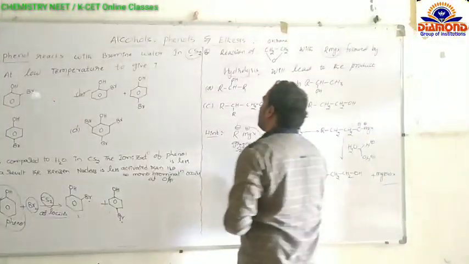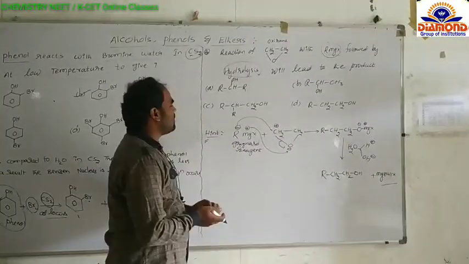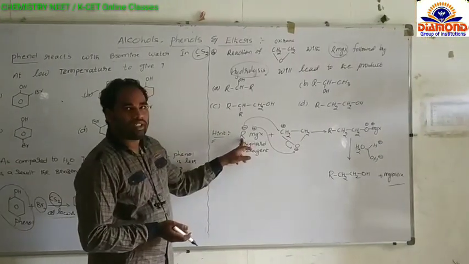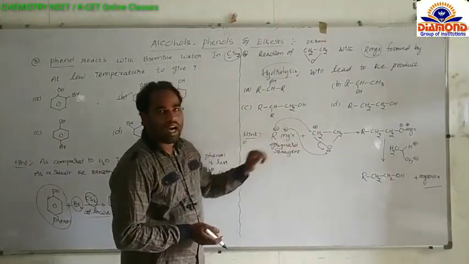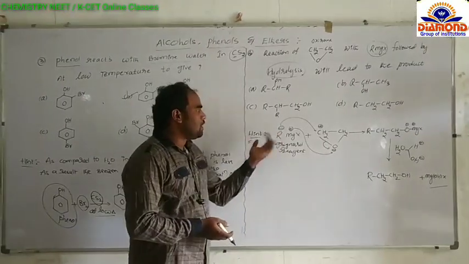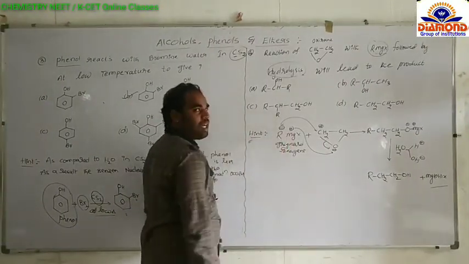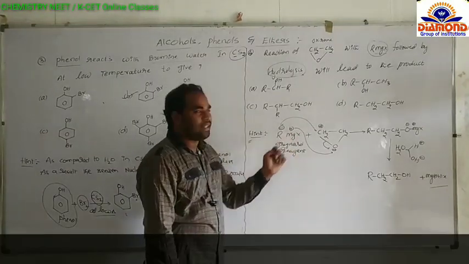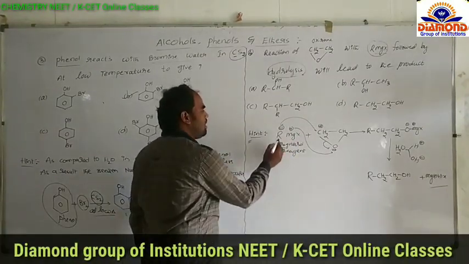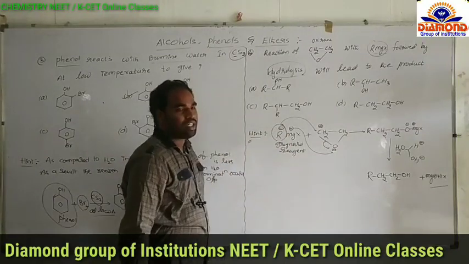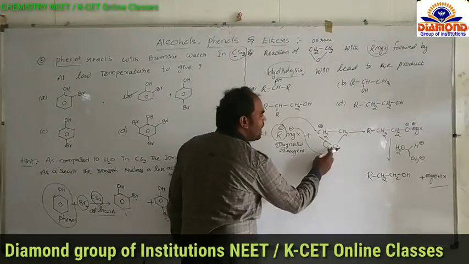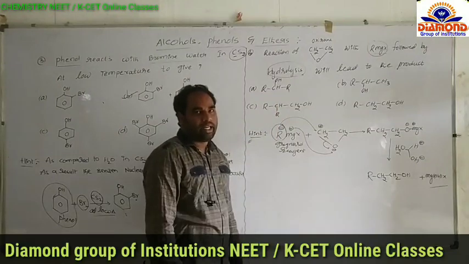First, for this question, the hint. What is the hint here? This is the Grignard reagent, student. Grignard reagent is RMgX. We already know the dissociation process of the Grignard reagent: the R part contains a negative charge and the magnesium part contains a positive charge. So in the Grignard reagent, the R part contains a negative charge. Now it is reactive with oxirane or ethylene oxide or epoxide.